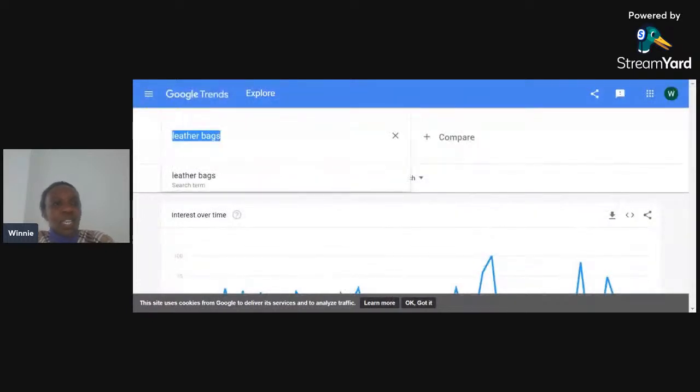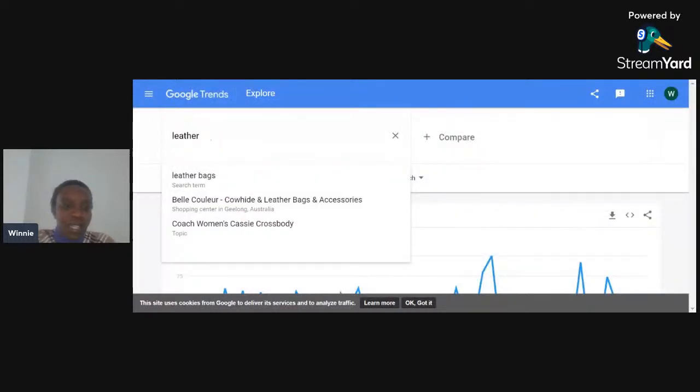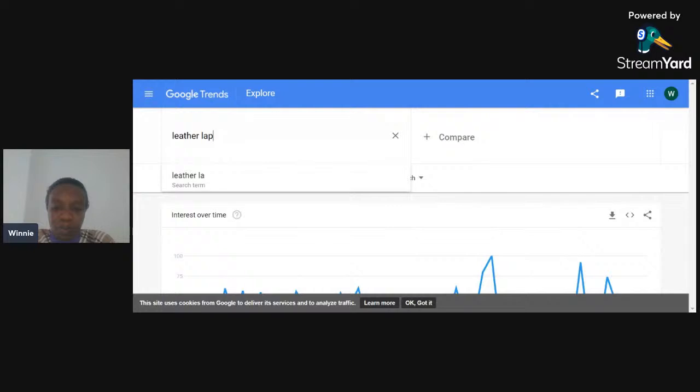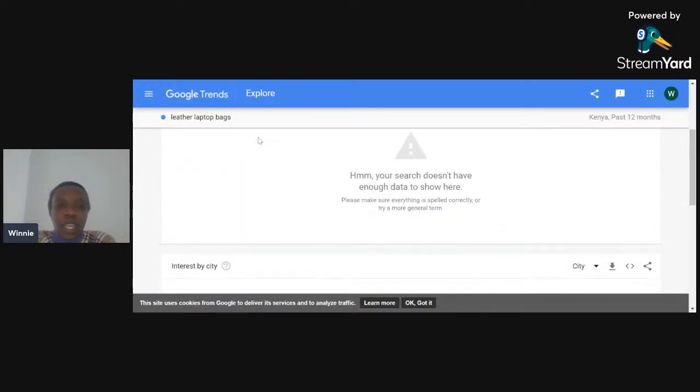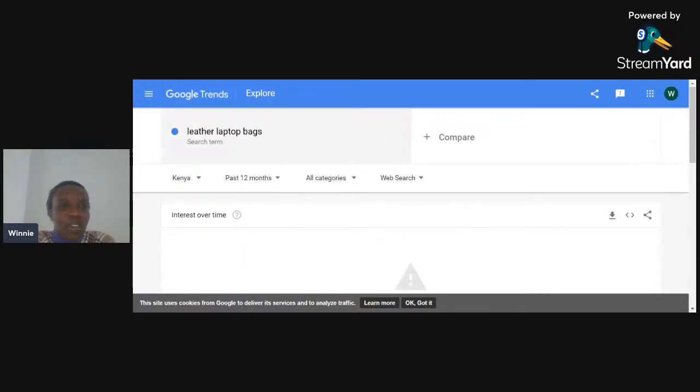Let's say you do leather laptop bags. So, let's say I make leather laptop bags. Let's see how that goes. Okay, so you can see this one does not have a lot of traffic.